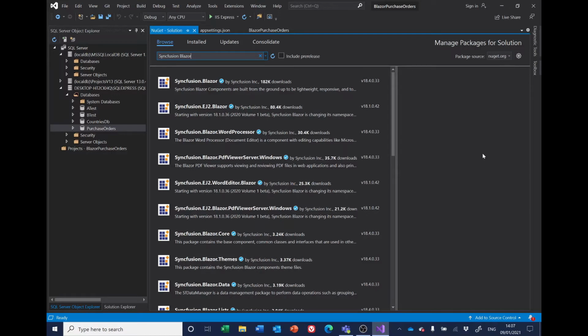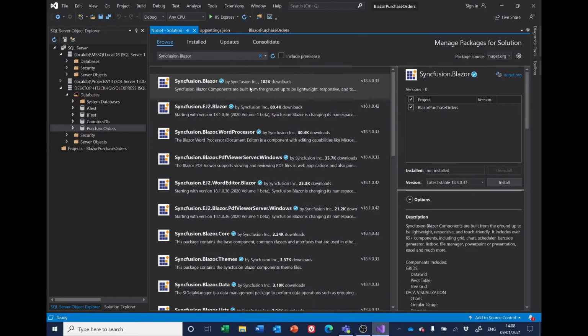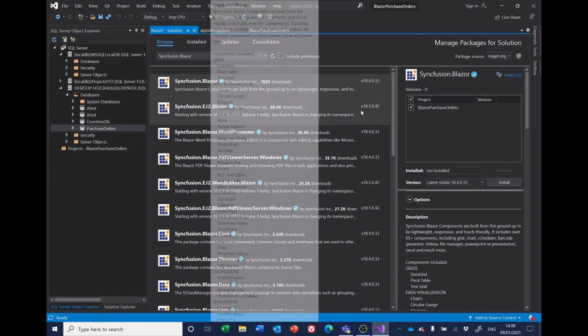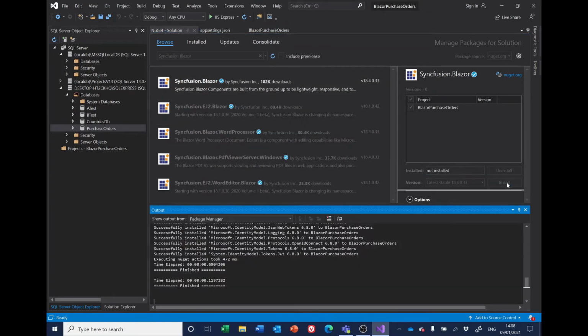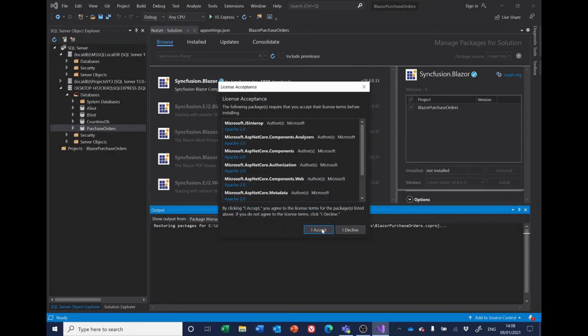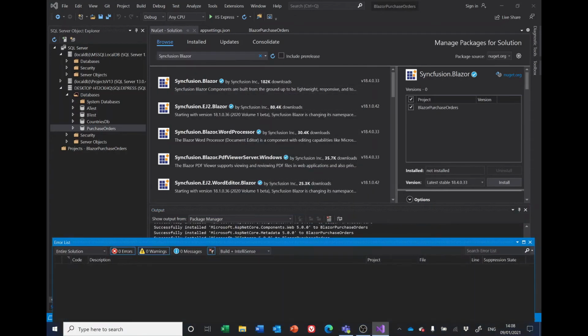That's to make the WebAssembly applications run faster than they used to. Because we're running it on the server and because we'll be using a limited number of components, I suggest we install the whole thing. So select that, syncfusion.blazor, and install. Accept the license, and